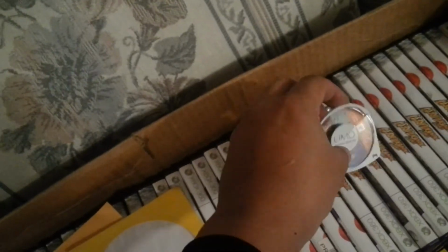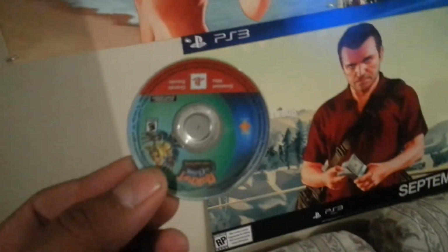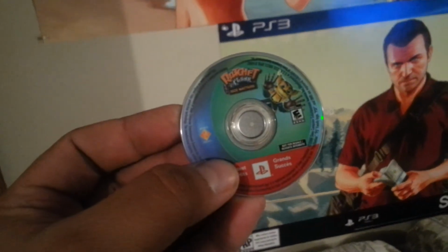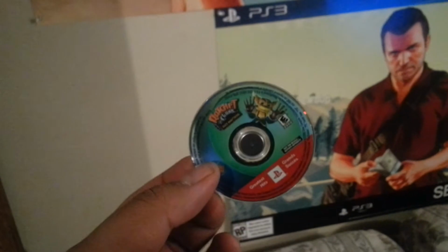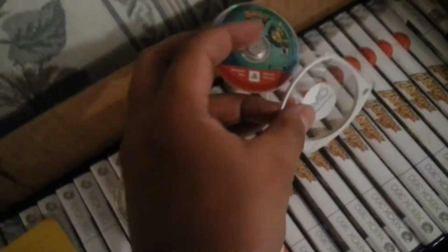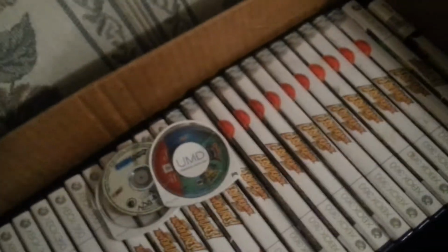This is a cool one right here. Same deal. They only broke the housing for it. Something you can buy online. This one is Ratchet and Clank: Size Matters. See, look, nothing wrong with it. The only thing wrong is this thing right here, the casing that is just replaceable. And then, of course,